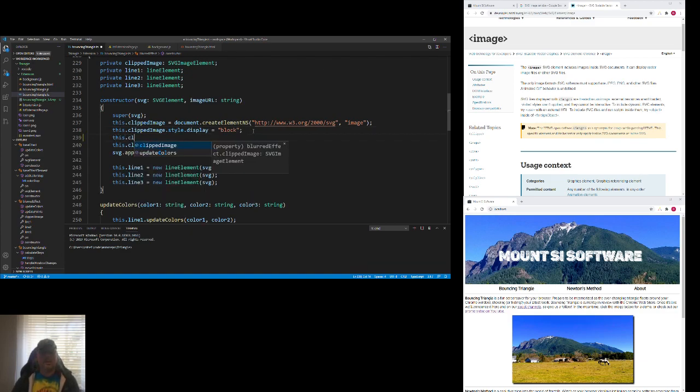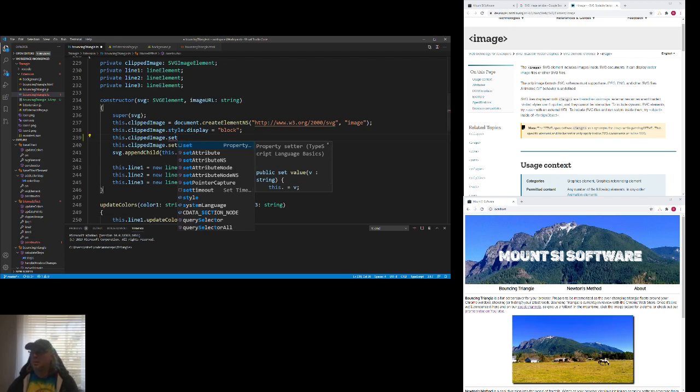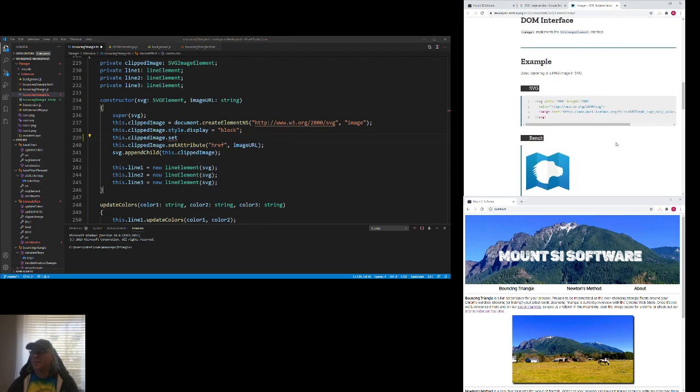Let's do this: this.clippedImage.width equals svg.width. No. Why not? In fact, let's do this, because I can't seem to set it this way. I might be doing something weird with my TypeScript, but